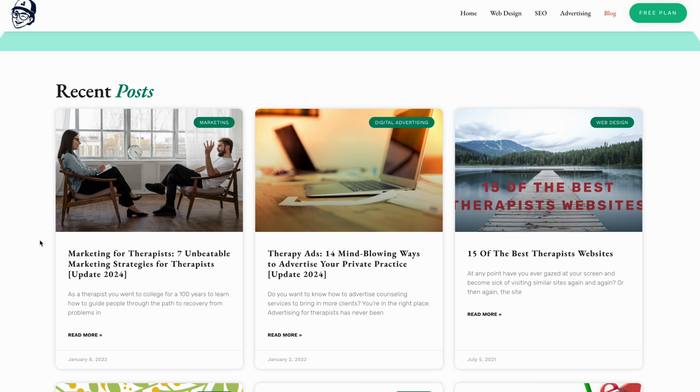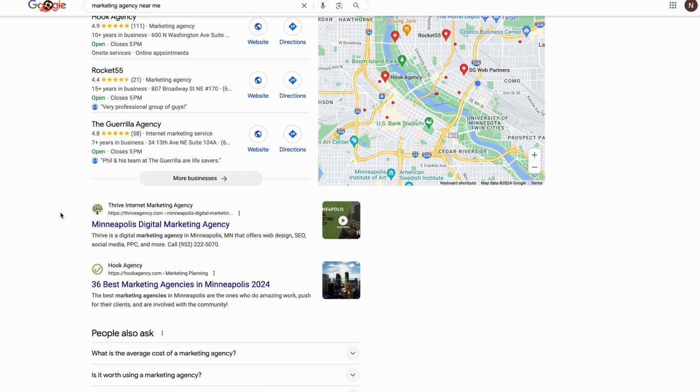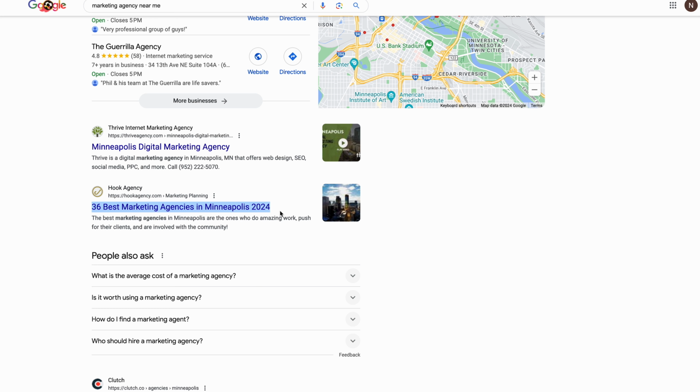So marketing for therapists or therapy ads, here are all different versions of kind of the same keyword that, if we couldn't get that onto our website, we generate a post about it, and that helps us rank. As you saw earlier with the marketing agency near me, Google does tend to favor articles or content. So that's what you can do with the remaining keywords on your list that might not make it into your